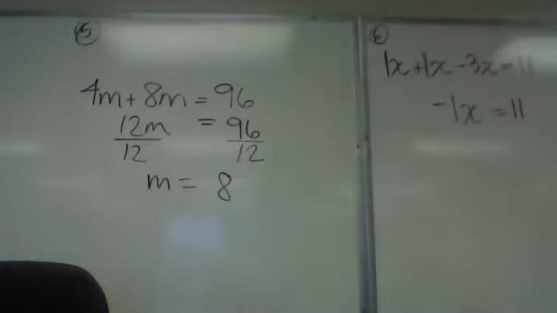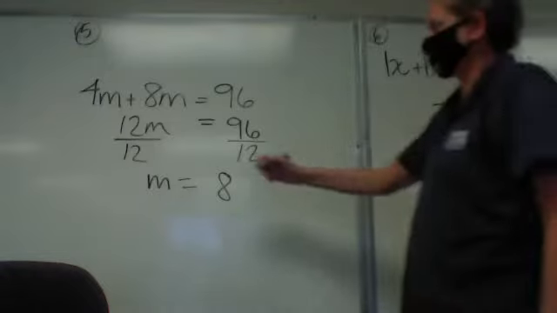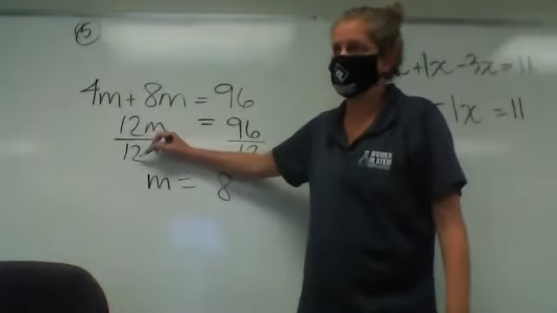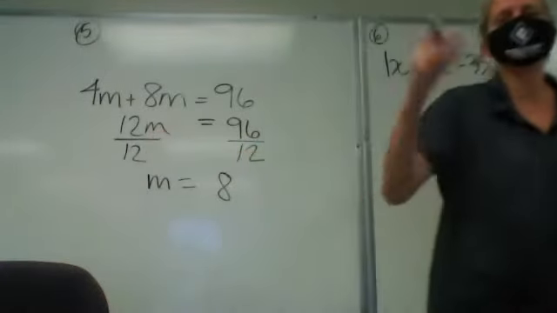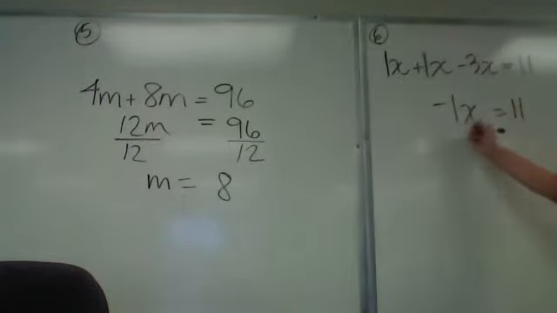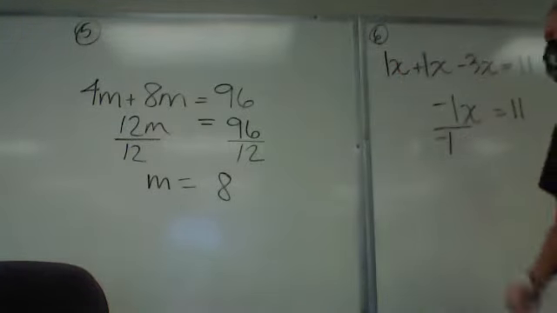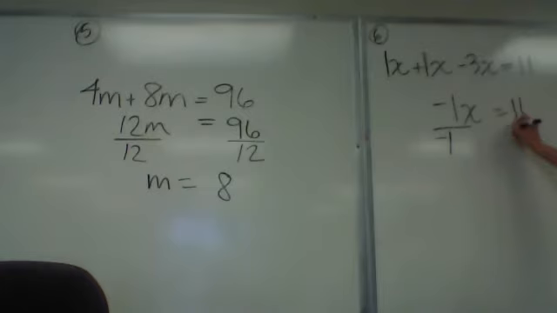So x is still not by itself though, right? It still has something hooked onto it. What is that number that's hooked onto it? Negative 1. Now, when I'm dividing, I don't change the sign. I divide by exactly what is hooked on. So here I am dividing by negative 1. I do it to one side, I got to do it to the other. So the negative 1's cancel. I bring down that x